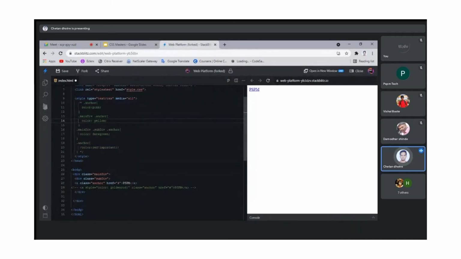So you probably know about this style sheet. As I told you, you just need some basic understanding, not that much. As you can see, I have a div with a class main div and sub div. So this is the grandparent, the parent, and there is a child over here. I have been using the anchor tag, and I haven't provided anything in here. You can see that I haven't provided a blue color in there.